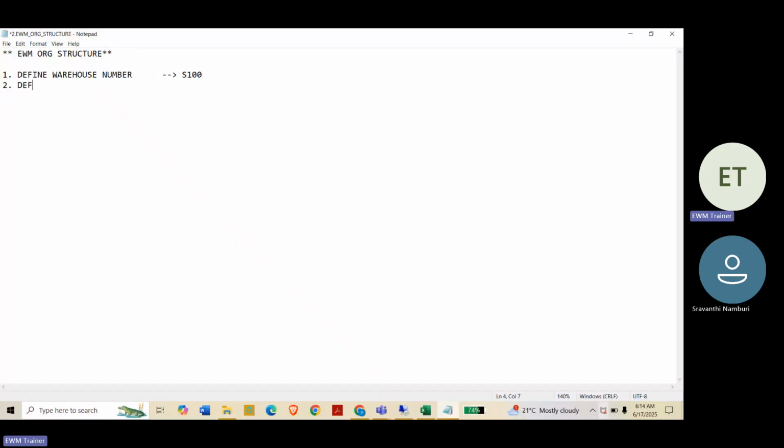And also define storage type. What are the storage types I created? Yes, 101 and 102. The next one is